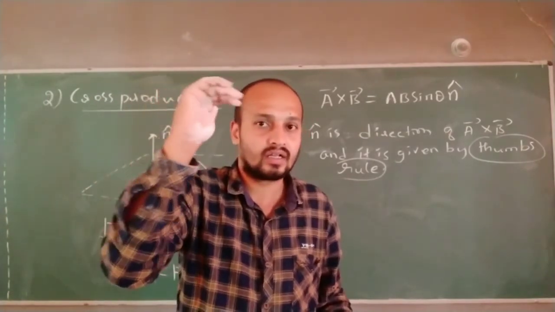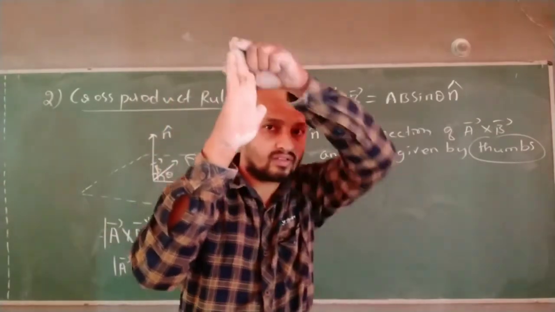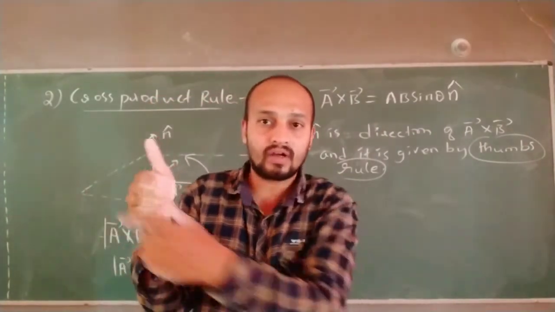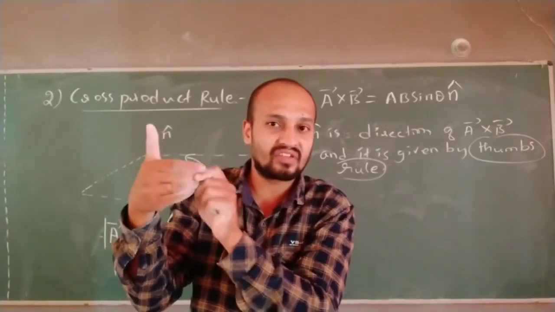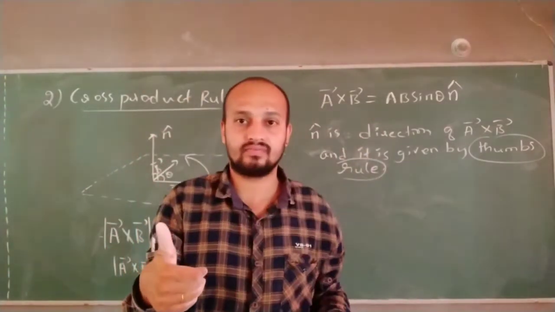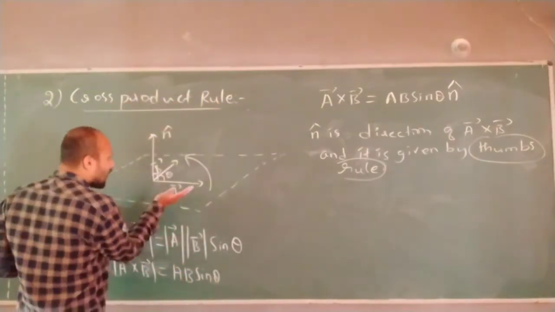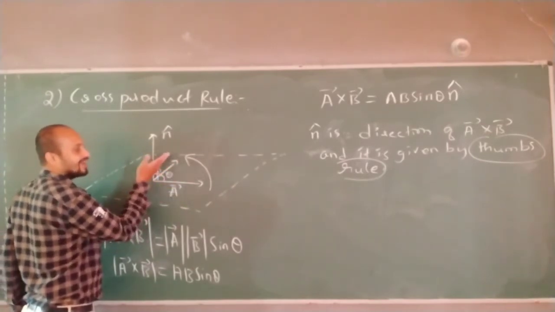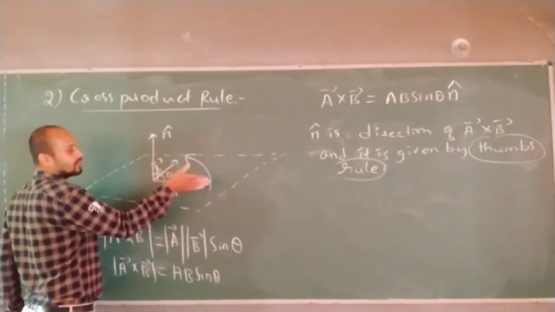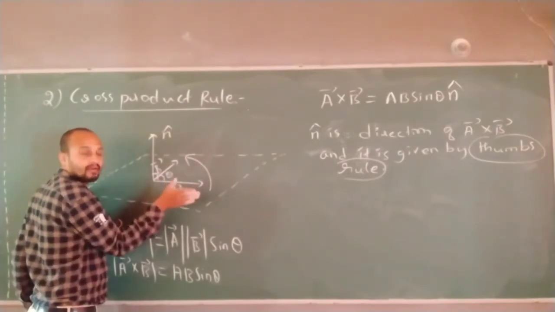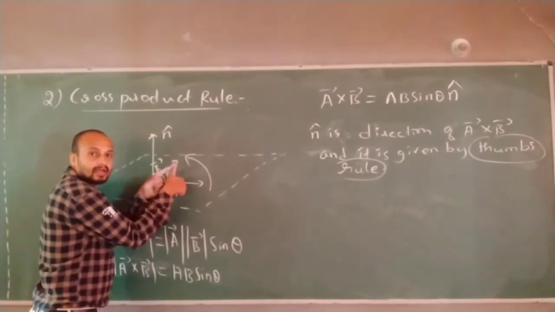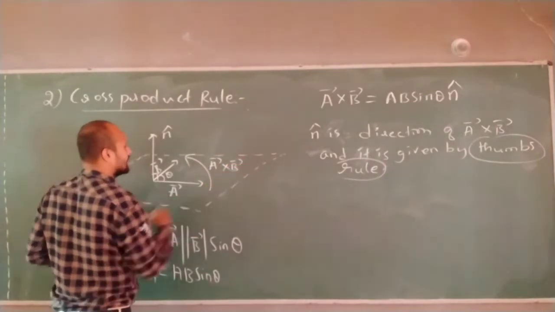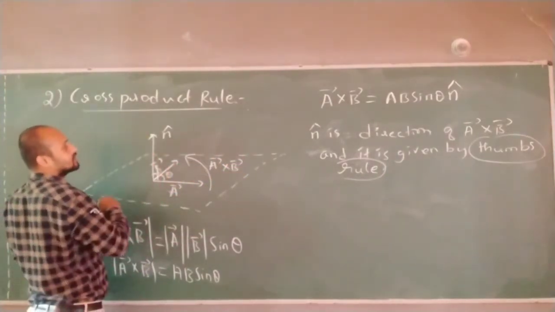Correct now? You see here? I can rotate in this direction. I cannot rotate like this. So whatever the direction I am rotating, for this direction of rotation, the thumb shows the upward direction. See here. Now I will take this A cross B. When I say A cross B, this will be the direction. If I imagine this is the plane, where is my thumb direction? It is upward. This is A cross B, so the direction will be upward.